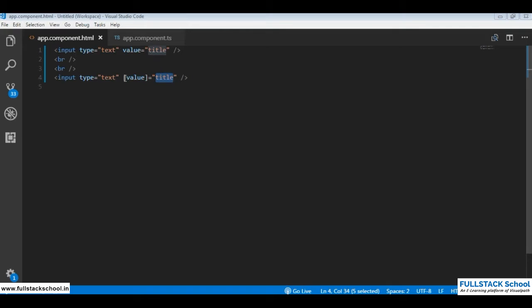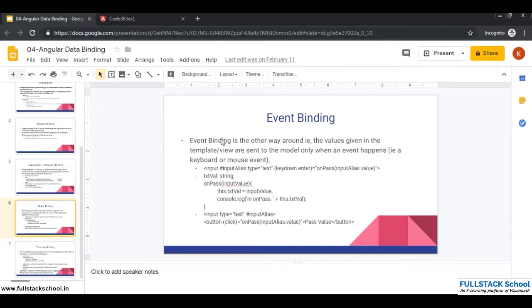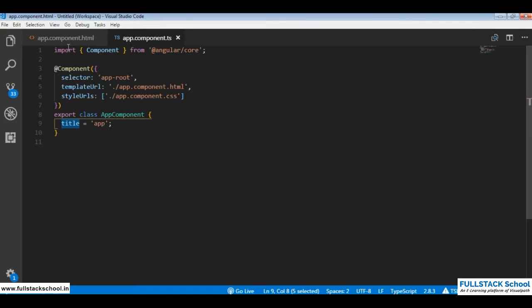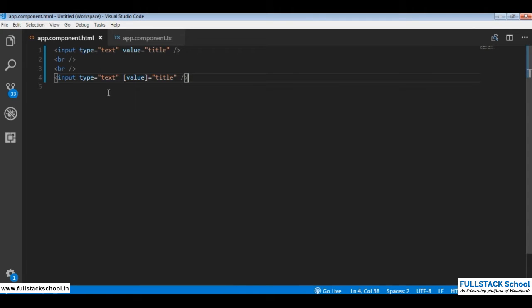So this is called property binding. A set of square brackets indicates property binding. Both interpolation and property binding are one-way data binding, and they come from TypeScript and end at HTML.